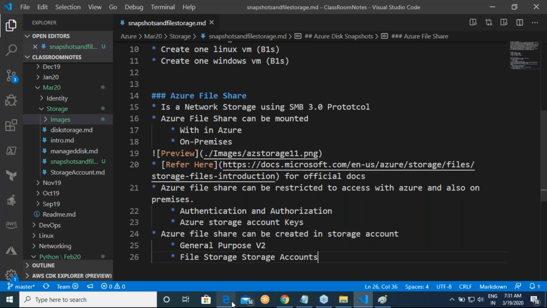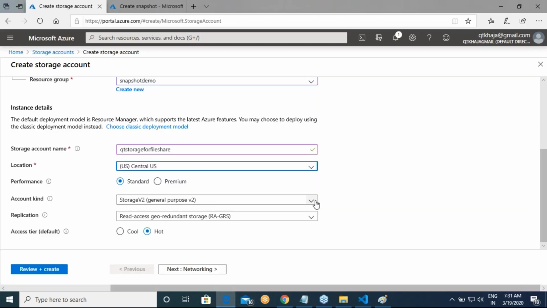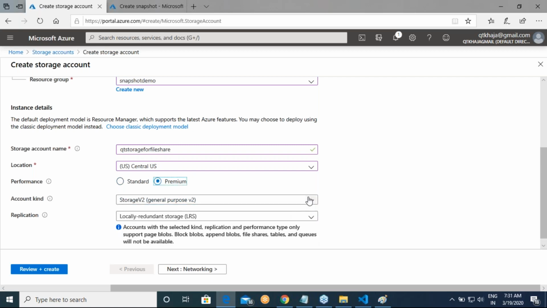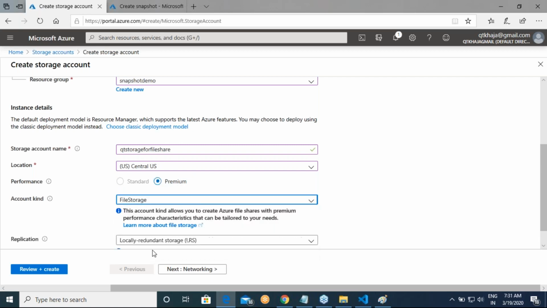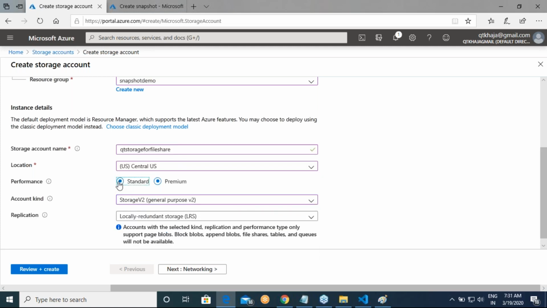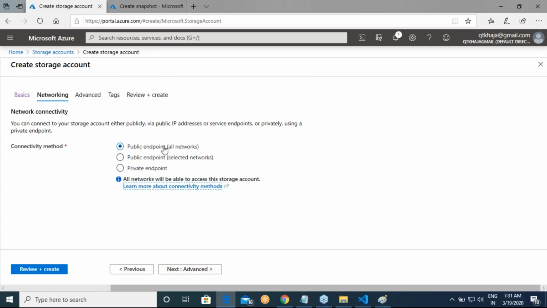So while you are creating a storage account, my account kind has to be StorageV2, right? If I go to the premium mode, then I can use something called file storage. So let me go with general purpose v2, and I think I can go with a standard mode. Okay, I have still not discussed what is this cool and hot and all that stuff. We'll discuss that.